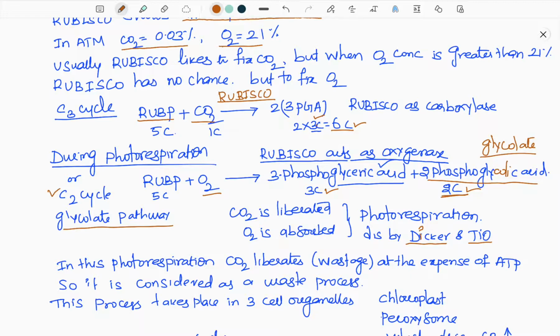And one more thing is that it liberates carbon dioxide at the expense of ATP. I wrote it here, you see. It is spending ATP, losing carbon dioxide. We know how much time and energy it takes for the plant to make ATP, right? So it is not only losing ATP but also carbon dioxide. So it is considered to be a wasteful process, right? That is photorespiration. But according to recent research, it is revealed that photorespiration is there to defend the plant,